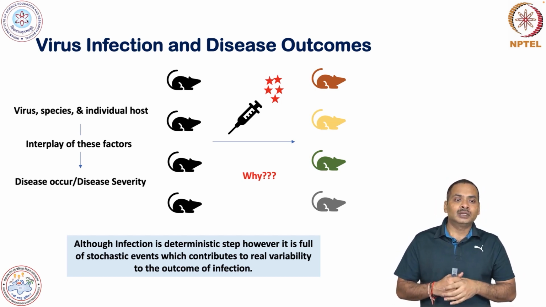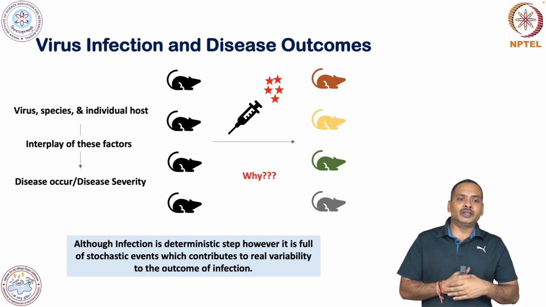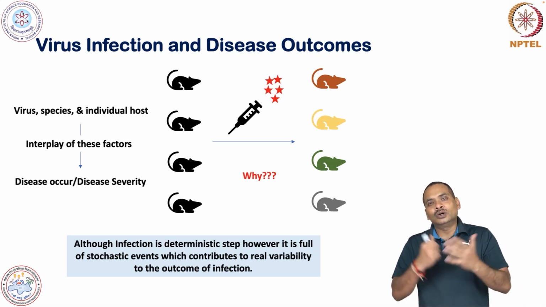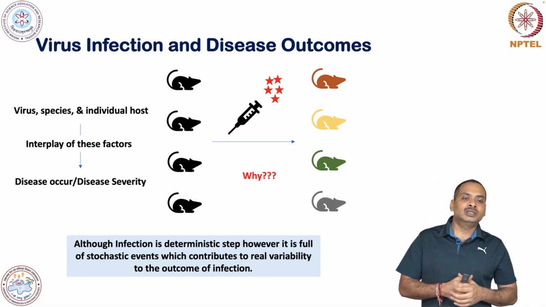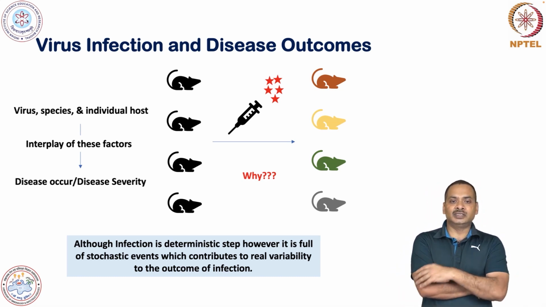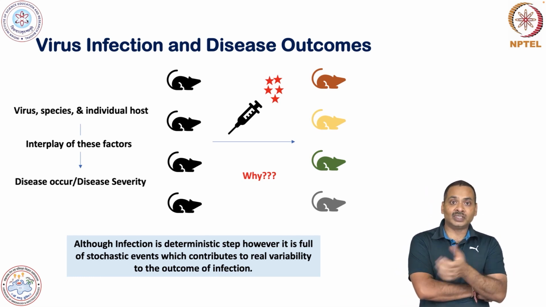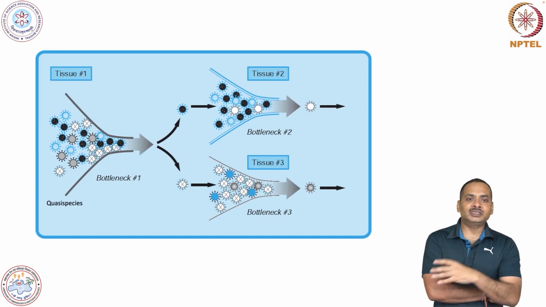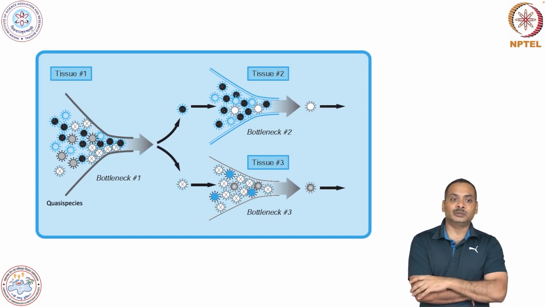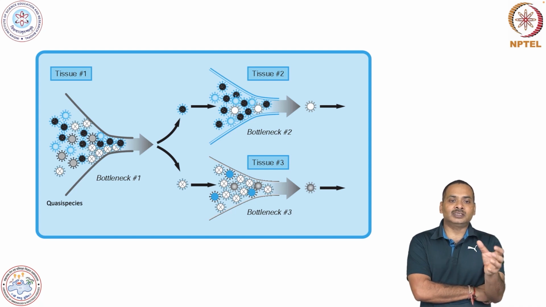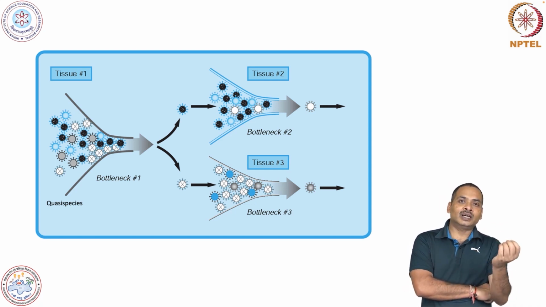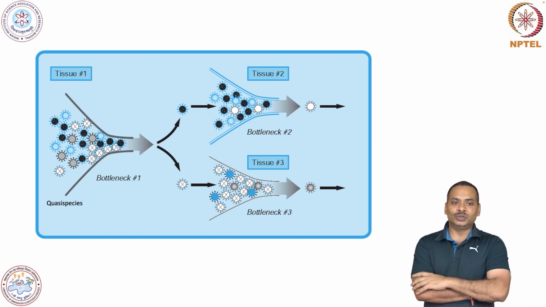The interplay of these factors, the host factor, the viral factor, results in different disease outcomes, or infection outcomes. Here I am showing you one schematic. It's just a model, try to understand. When I am giving the virus to the host,